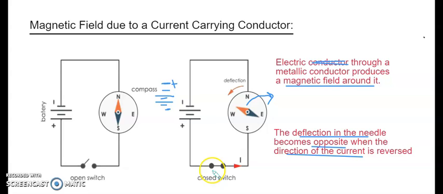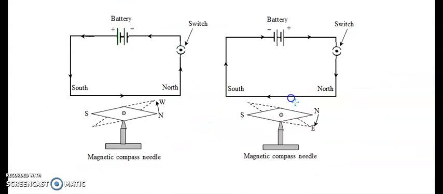We saw it in the experiment also, and here also, when you change the direction of this battery, the direction of the current will change. So same thing is here. If you look into this, here the current is flowing from left to right, or I can say anti-clockwise. So my deflection of the needle is towards the northwest. The north is moving towards the west direction, clockwise to be more precise.